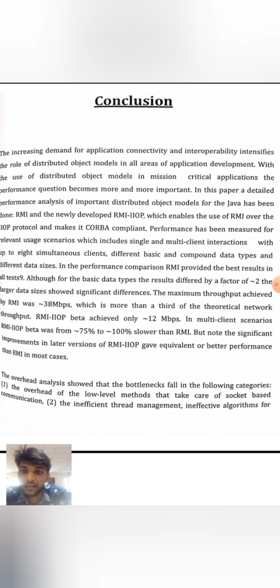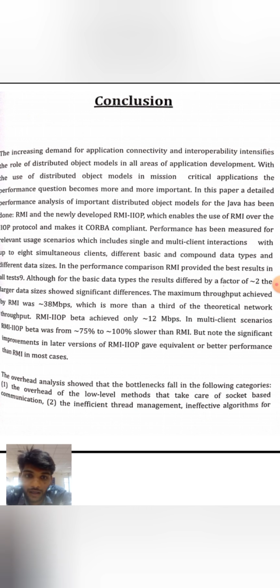Conclusion. The increasing demand for application connectivity and interoperability influences the role of the distributed object model in all areas of application development. With the use of distributed object models in mission-critical applications, performance questions become more and more important. In this paper, a detailed performance analysis of distributed object models in Java has been done. RMI is the newly developed RMI over IIOP, which enables the users of RMI to work over the IIOP protocol